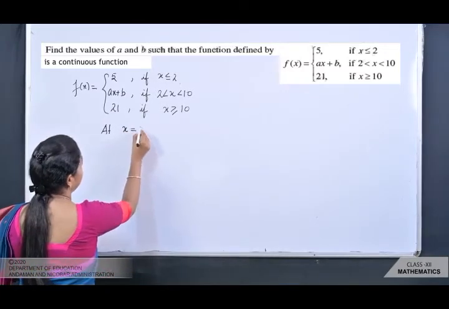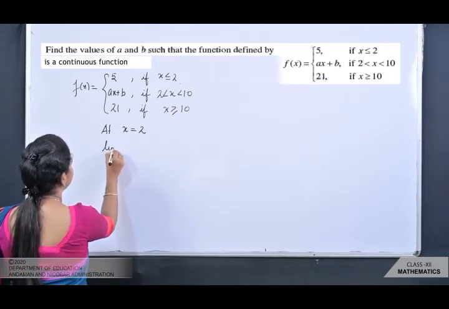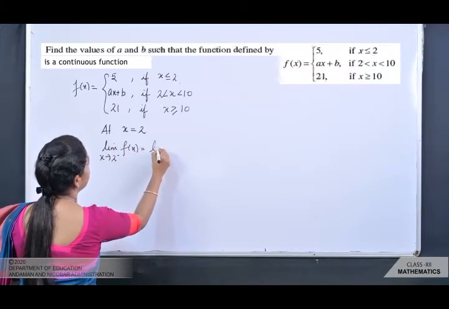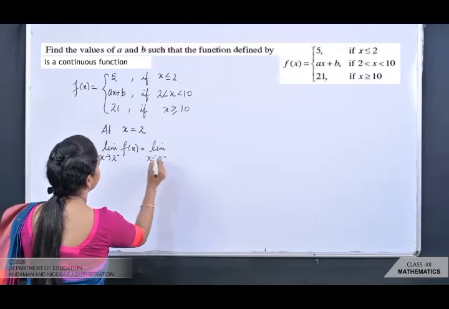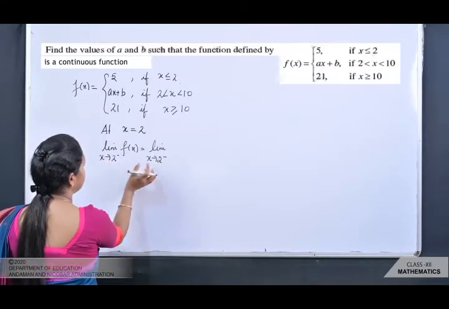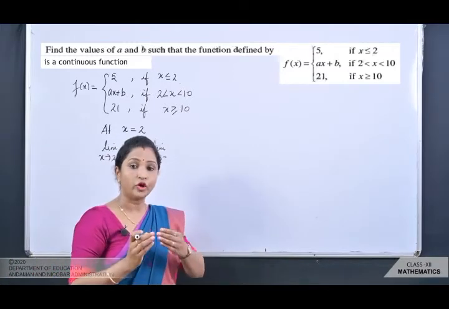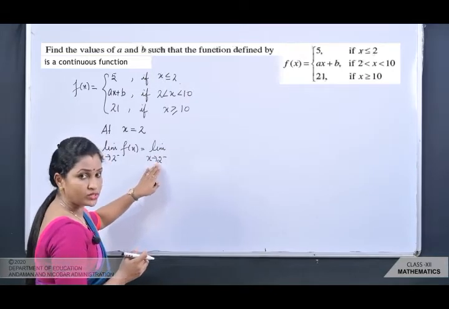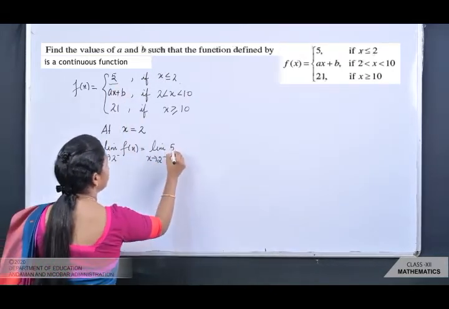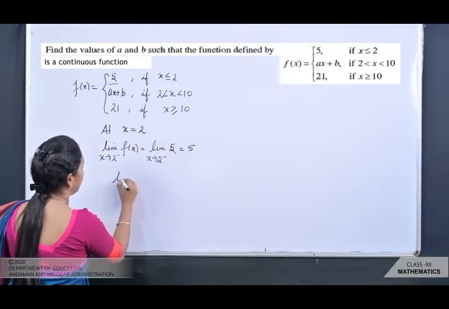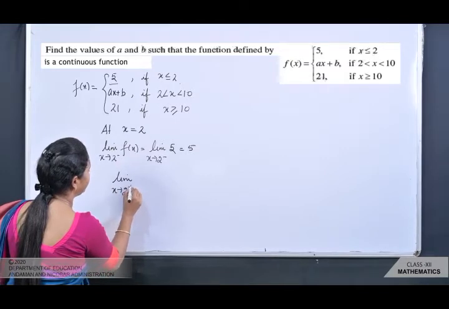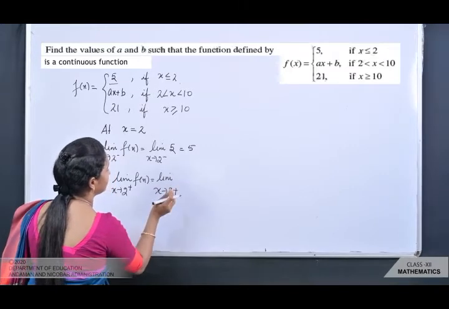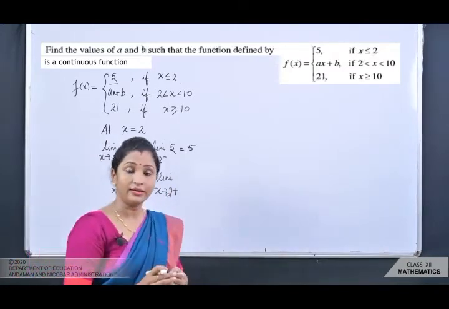At x is equal to 2, we will see first LHL, that is limit x tends to 2 minus f(x) is equal to limit x tends to 2 minus. What is the value of the function for the left hand limit? That means for the value which is lesser than 2. ठीक है, 2 minus का मतलब है लेफ्ट हैंड लिमिट, लेस वैल्यू, 2 से कम वाले वैल्यूज. सो वी आर गोइंग टू टेक व्हाट 5 and the answer is 5 itself. Now we are going to take the right hand limit, that is limit x tends to 2 plus, 2 plus means value which are greater than 2.